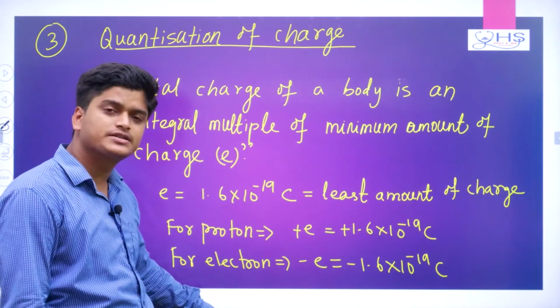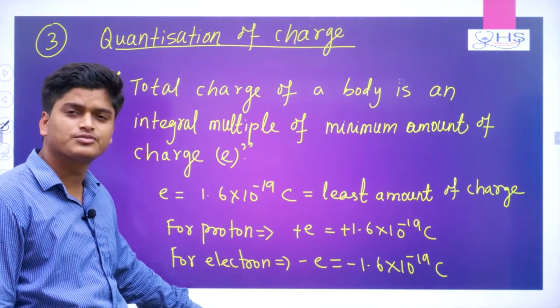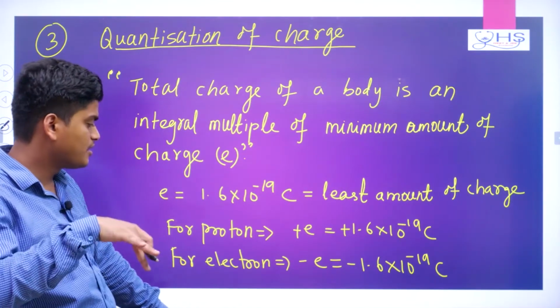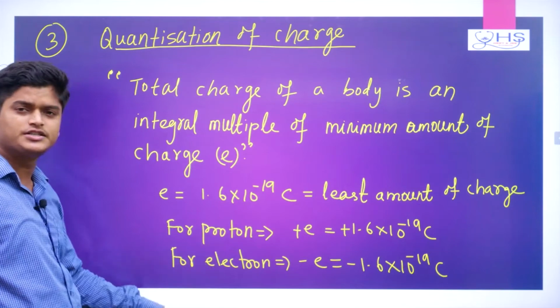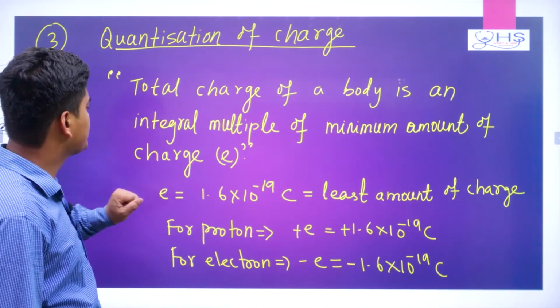And already we have discussed, whenever we are talking about positive charge or negative charge, we talk in terms of electrons. If it is excess of electrons, it is negative charge. If it is deficiency of electrons, then it is positive charge. Okay, so this is your idea, you can keep in mind. So remember this much.